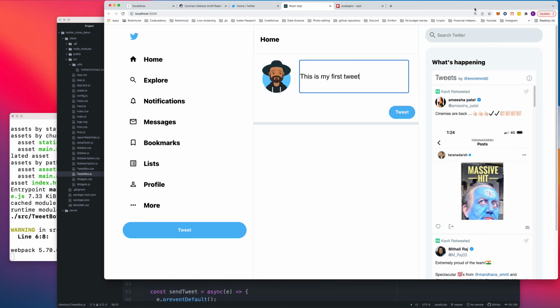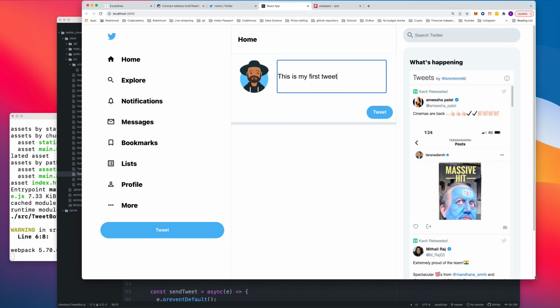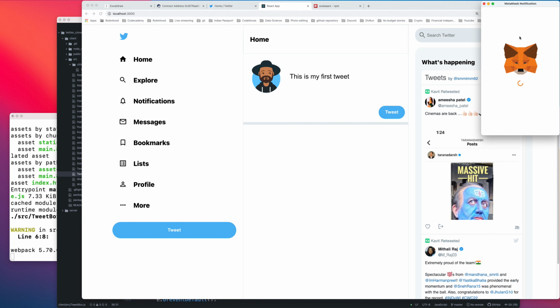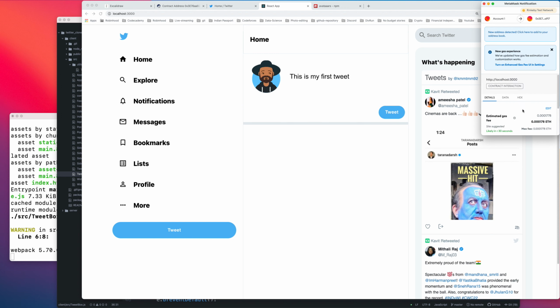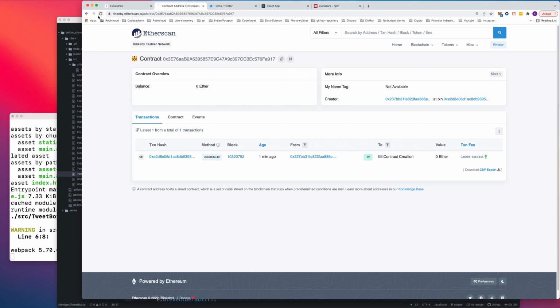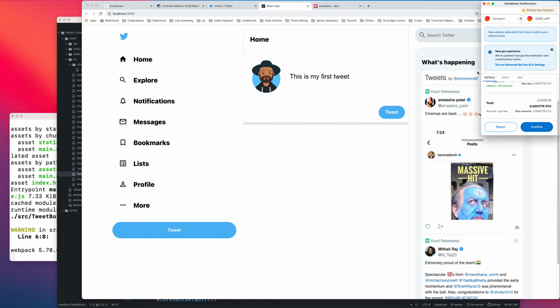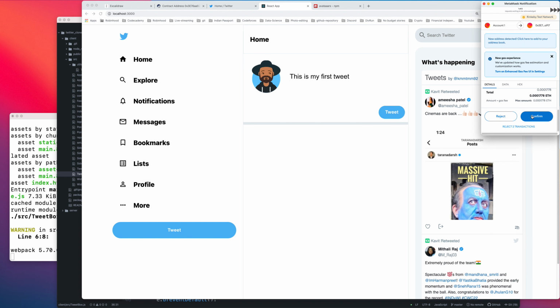If I click on this, it will basically open up a MetaMask notification, which will ask us, okay, it's going to cost this much Ethereum. Do you want to confirm? Before that, also just refresh this and see, we only have created our contract till now. So once we, okay, the screen is gone. Okay, it's here. So once I confirm,